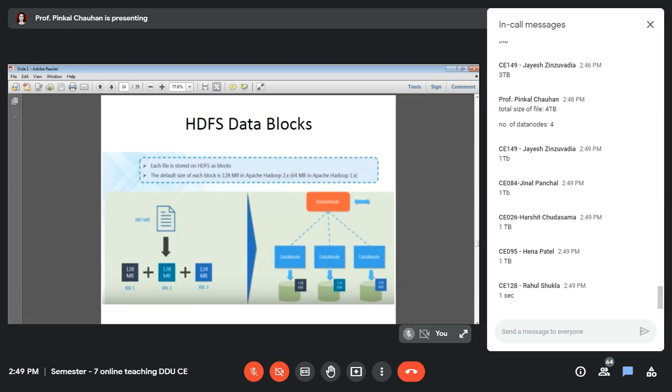And these are working parallelly. It is not that they are waiting for each other. All 4 data nodes are working parallelly and finishing their job in 1 second. So previously you were getting your results after 4 seconds and now you are getting your results after 1 second. Is there a great reduction in the processing time or not?